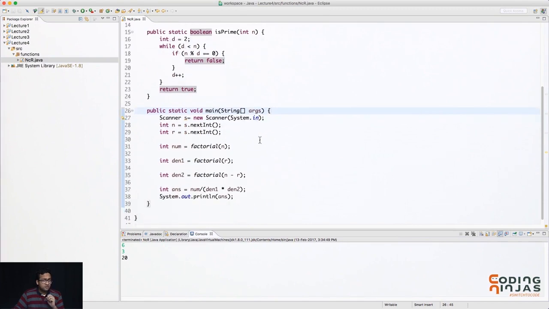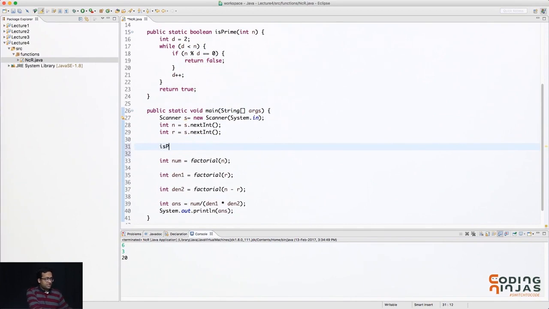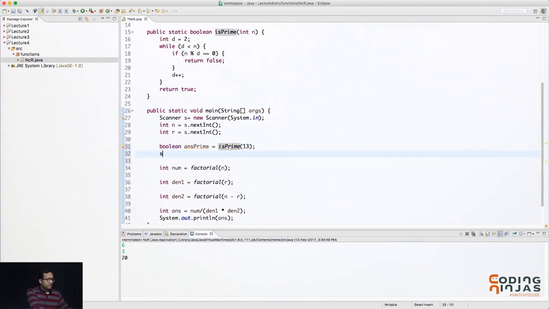नंबर को इसको कॉल कैसे करूंगा मैं? सो अगर मुझे इस प्राइम को कॉल करना है तो इसको एक नंबर चाहिए जो चेक करना है कि प्राइम है या नहीं है। 13 चेक कर लेते हैं। ये मुझे क्या ला के देगा? एक आउटपुट ला के देगा। क्या आउटपुट ला के देगा? प्राइम है या नहीं है, बूलियन ला के देगा। So I can store that inside a boolean. आंसर प्राइम, ठीक है, ये मुझे मेरा आंसर ला के दे देगा, and मैं प्रिंट कर सकता हूँ आंसर प्राइम को।